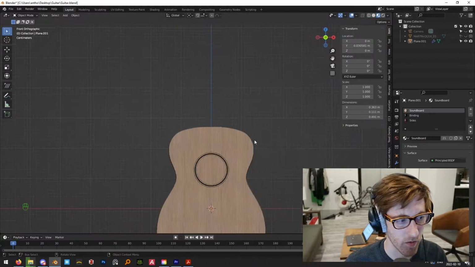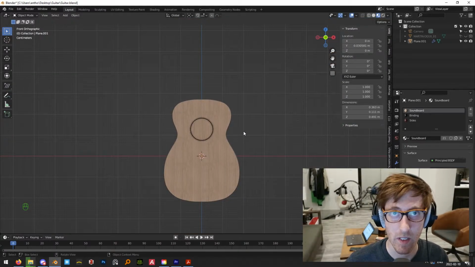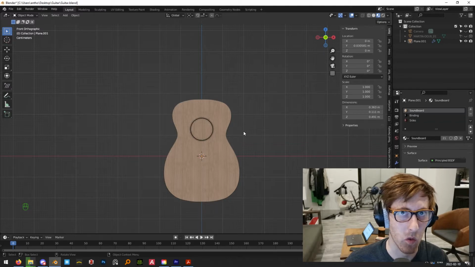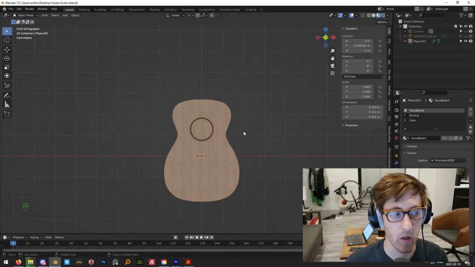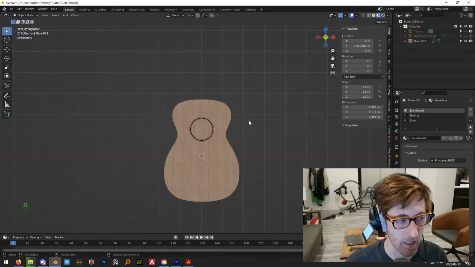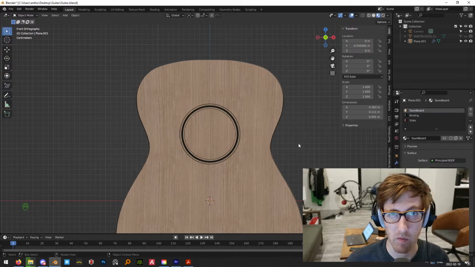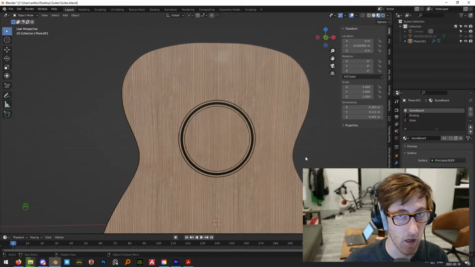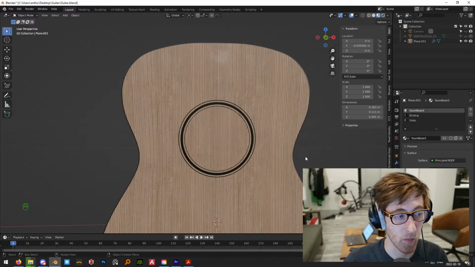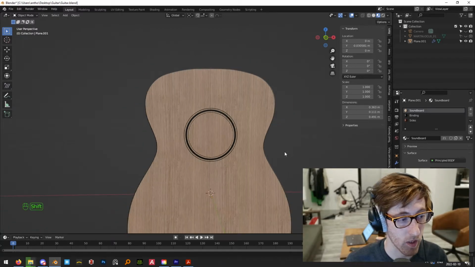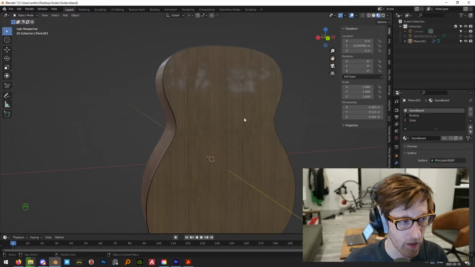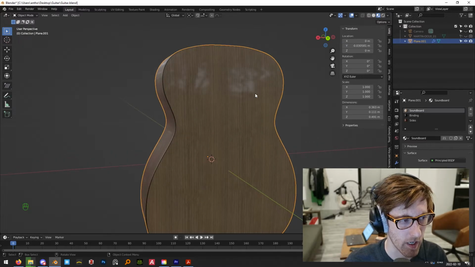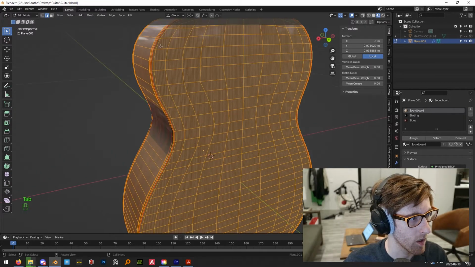We don't need to do all of the bracing, but we should have one or two inside just so that it doesn't look wrong, because people who know instruments, when they look inside this, will know that something feels not quite right if they don't see a brace through the sound hole. So we're going to add the braces. We're going to add one vertical brace down the back, and then one horizontal brace as well. The other thing that I forgot to do, which we should do right now, is just to select